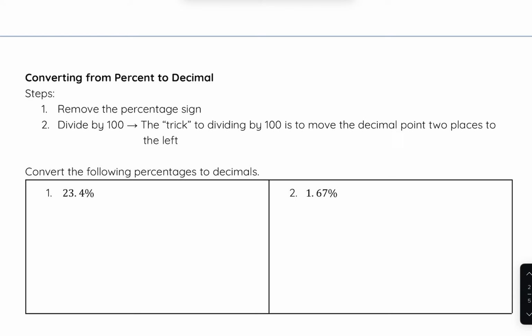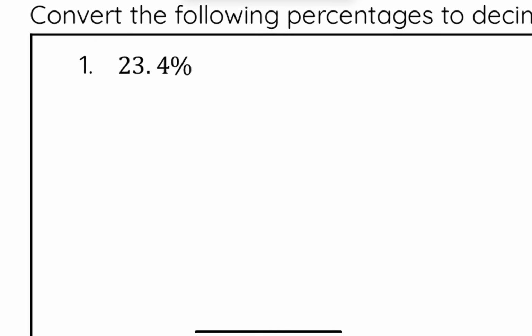We'll start off by talking about how we convert percents to decimals. So the first step here is to remove the percent sign, and the next step is to divide by 100. And the trick to dividing by 100 is to move the decimal point 2 places to the left. So let's look at a couple examples. So this first example here, we have